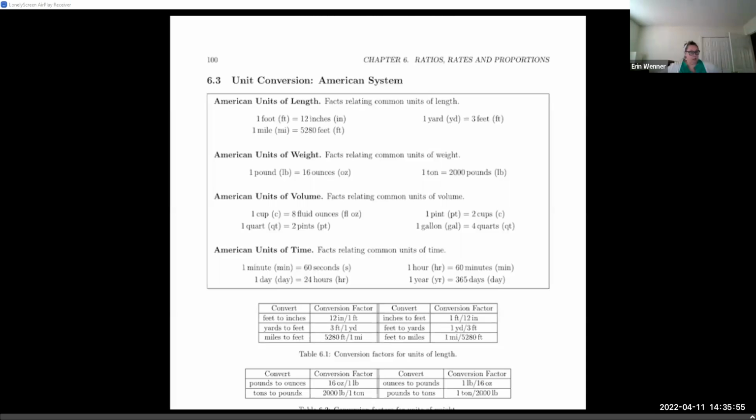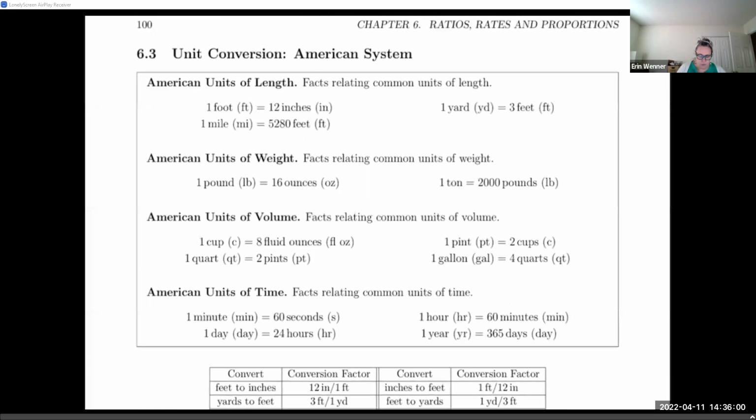So when you're working on your homework, you're going to want to have this notebook page with you because it has all of our units on it. So we have units of length. And so we've got these equivalencies. 1 foot is 12 inches. So a unit rate for this would be that 12 inches is to 1 foot, or 1 foot is to 12 inches. So we have a relationship between mile and feet, yards and feet,